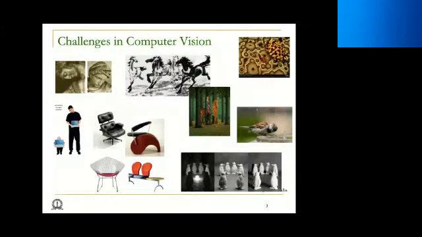There are several challenges in computer vision. The main goal of computer vision is to essentially interpret an image or a video the same way as a human does. But it's very difficult because humans can usually look at an image or video and see the entire picture, but a computer essentially looks at just the pixel values. And with any change in the image, the pixel values can drastically change, even though the object of interest has not changed at all. For example, this slide lists some of the challenges in computer vision.